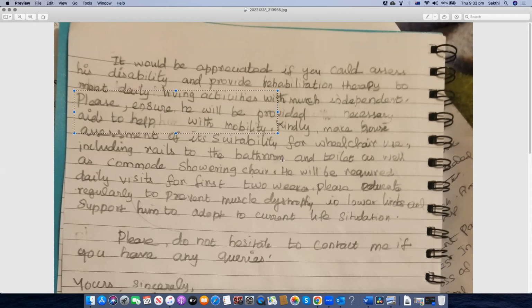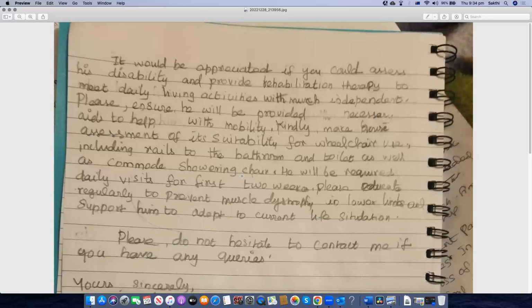Okay, let's continue with the next sentence. "Kindly make a Bruce assessment of its suitability for wheelchair." Okay, I think I couldn't understand what she's saying here. "Kindly make," is that "make sure"? I think it's going to be "make sure." "Kindly make sure assessment of its suitability for wheelchair use, including rails to the bathroom and toilet, as well as